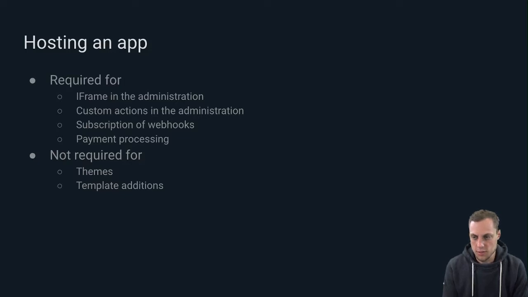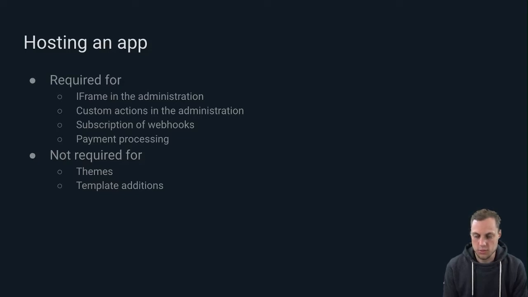And then you definitely need some sort of hosting because your backend, which does process this logic, has to run somewhere. It's also required if you want to do payment processing via an app,